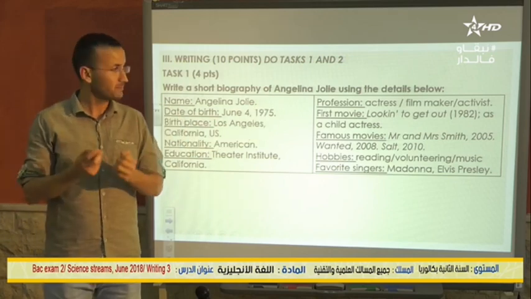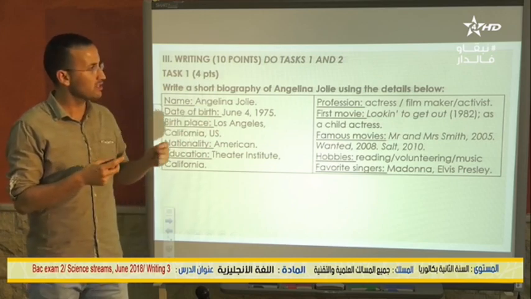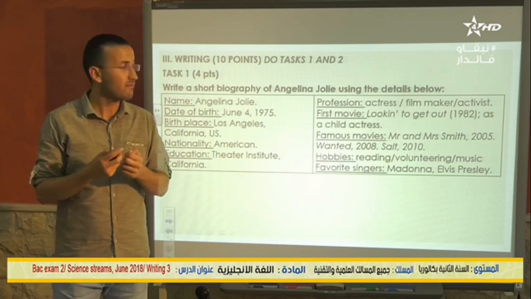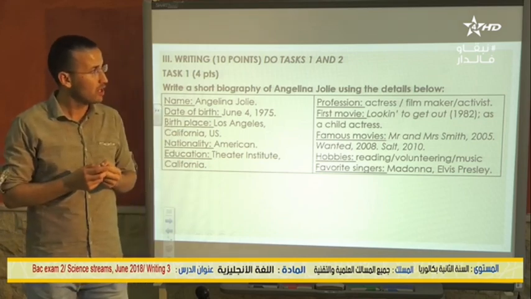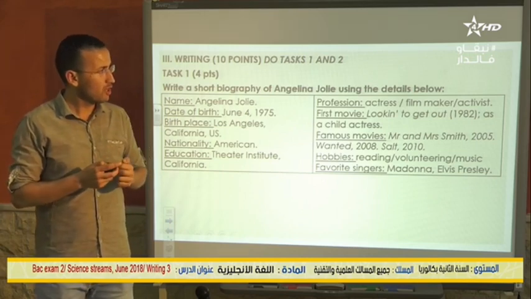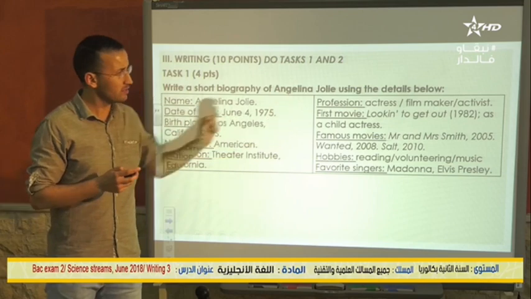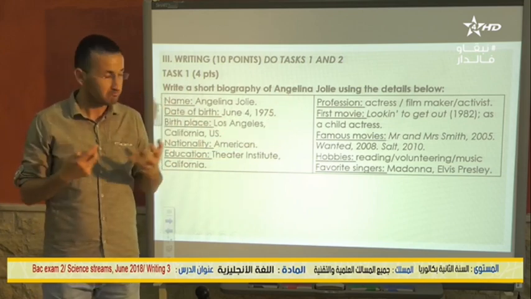What we have to do is to link these details to have a what? To have a well-organized paragraph. Okay, we need to write a good paragraph. So as I said, we have details, and we need to link these details using connectors.